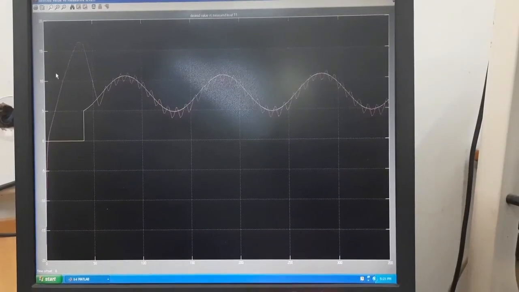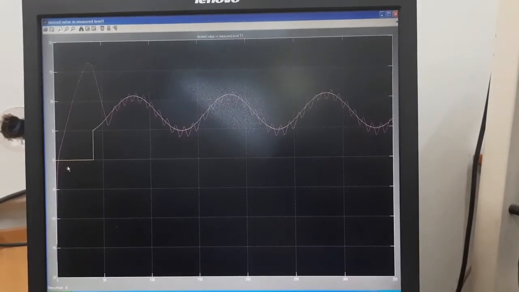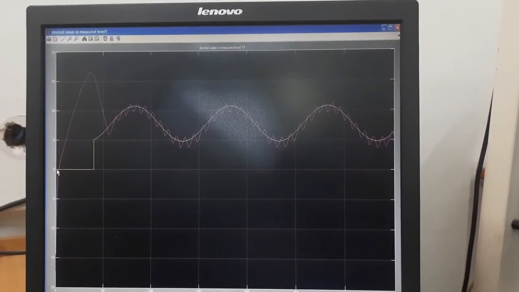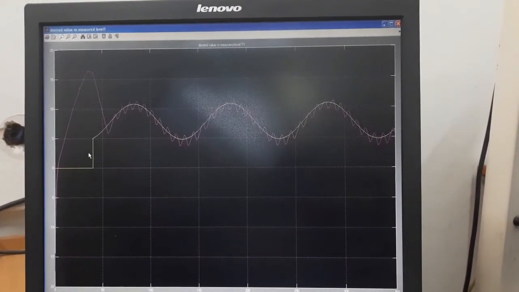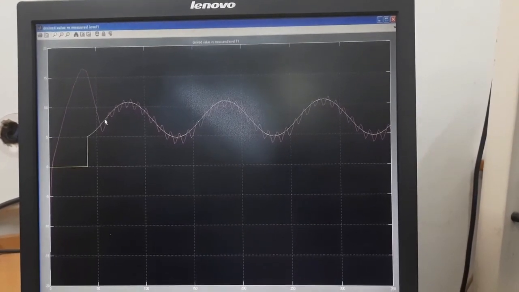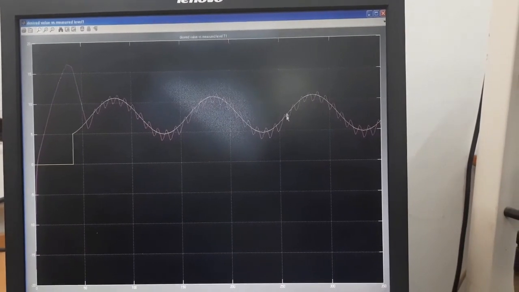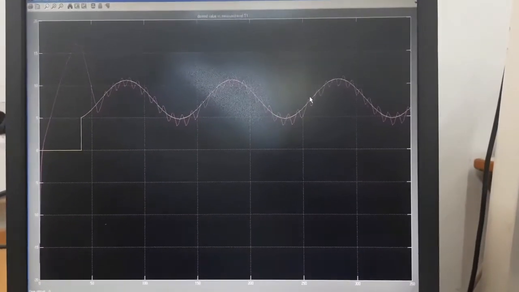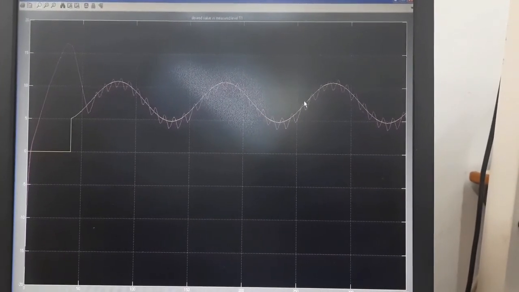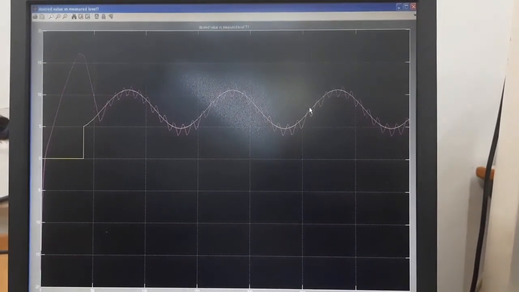So after 350 seconds we can see this is our response. So this is our tracking signal, and this is this. So that means one of them is our desired value and one of them is our measured value. So it is quite a fit, it is matching. So our PID controller is performing well, the one we designed using the system identification toolbox.